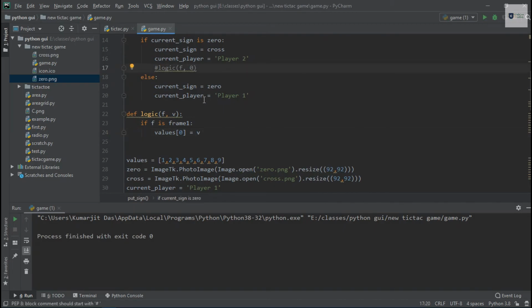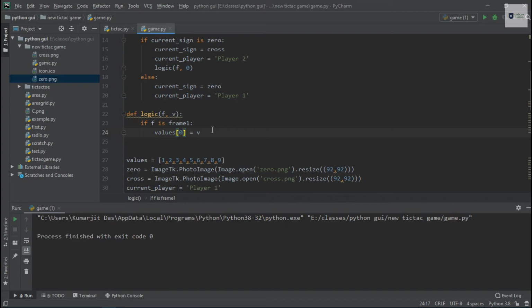So in here I'm passing 0 just because the 0 is pressed. If the current sign is 0, then I'm passing 0, and if the current sign is x, then I will pass 1 as the value. So at values index 0, I'm putting the value of the variable v, whichever value this v is holding. If f is frame 1, then at the index 0 I'll put the value of v, and if f is frame 2, values index 1 would hold the value of v.